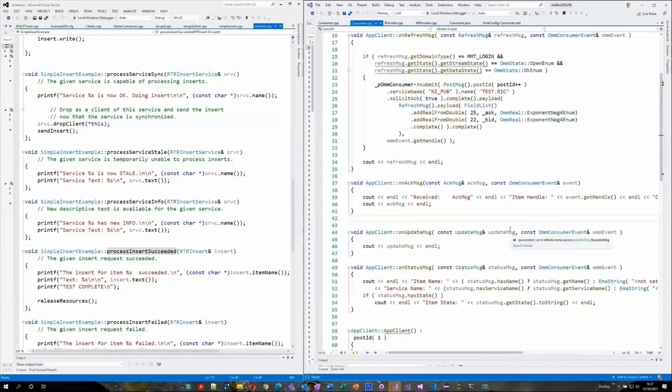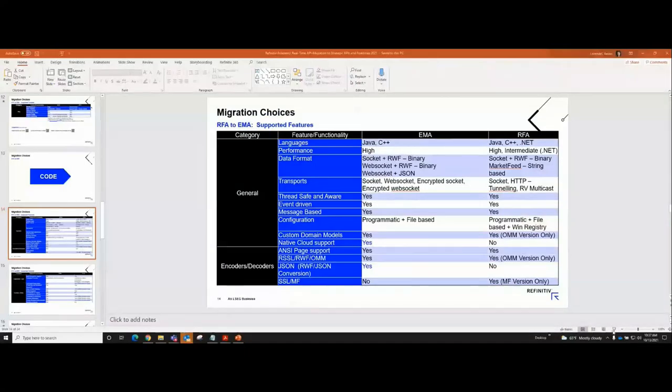Okay, so I think that's probably all we're going to show for SFC now. We're going to move to some RFA, look at a few RFA slides, and then we'll come back to some RFA code examples and compare them to EMA. And Vesavi will demonstrate some different EMA examples as well, because you've already seen a consumer in EMA. So are you ready with the slides, Vesavi? Should I give you control back, or are you going to take control?